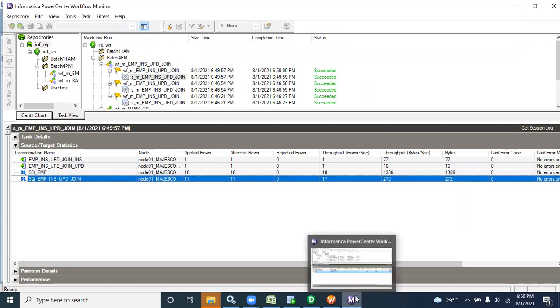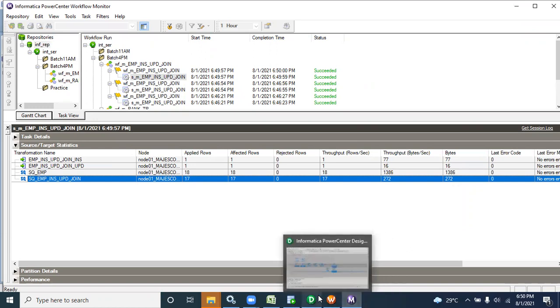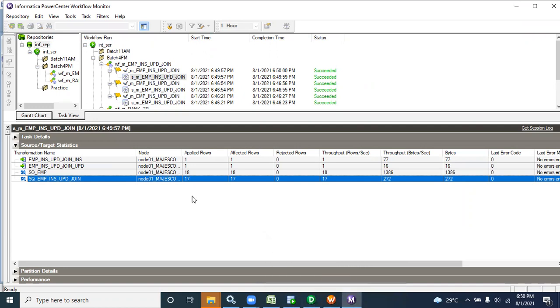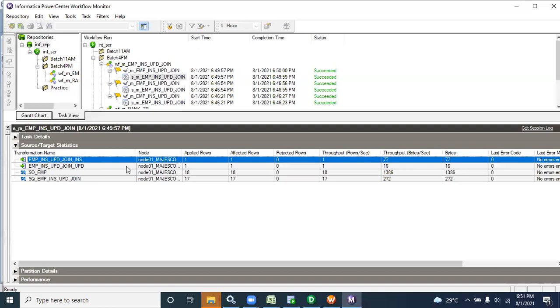So for that reason, Informatica is designed, or any ETL, not only Informatica, any ETL, in such a way that by seeing the monitor, at least you can understand production, because when you are a developer, you know each and everything. But when it comes to your manager, delivery manager, or maybe production support people or client, they don't know about the Informatica working. At least by showing these things, you can convey, okay, for inserting, I am doing one, and for updating, I am doing one record.